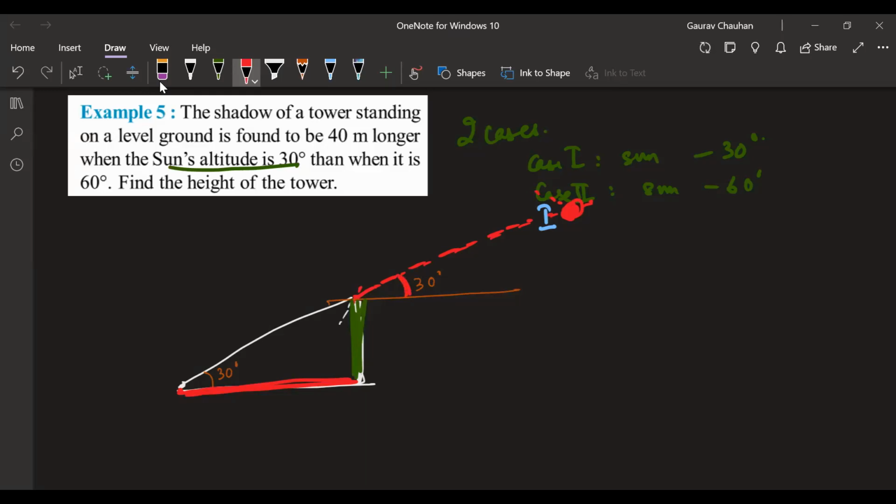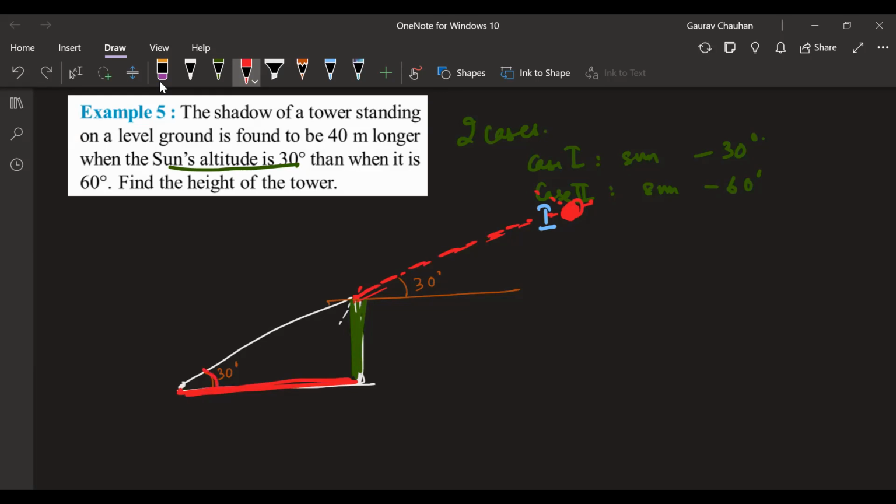This is my 30 degree angle, which the sun's altitude is 30 degree. Correct. I can draw it like this. Even for this point, it will be 30 degree only. Now what's happening is sun's rays are coming. The rays which are here are getting blocked, so a shadow is being formed in this part. So this is my length of the shadow. When 30 degree, so case one, this is the length.